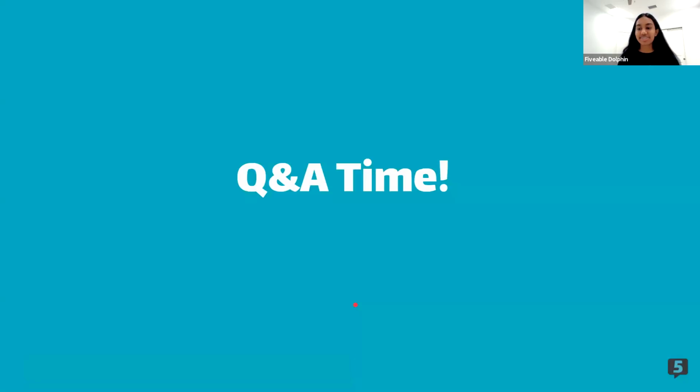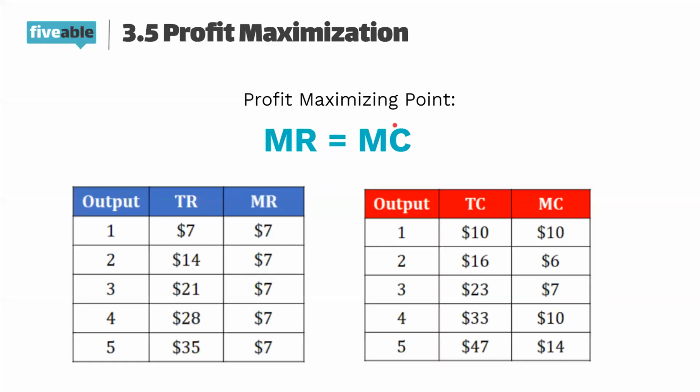Any questions? When you're talking about MR equals MC, why would it not be better for your revenue to be greater than your costs, like at output number 2? It's because you're trying